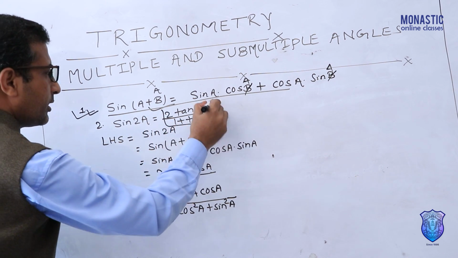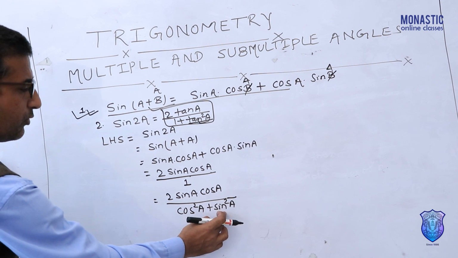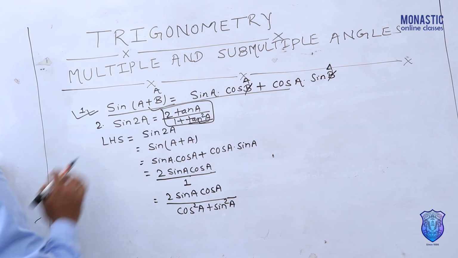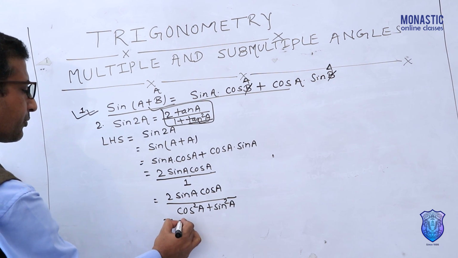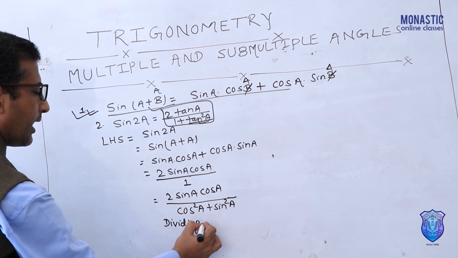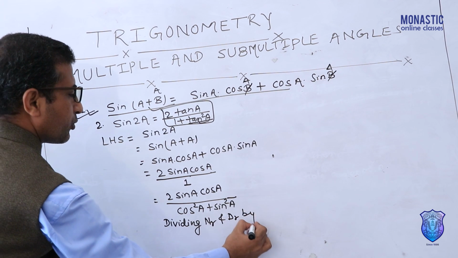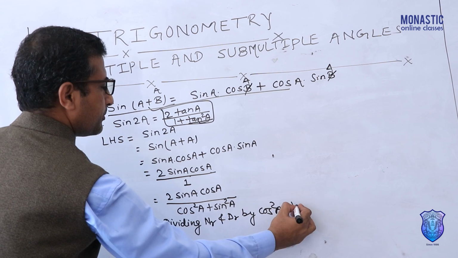We want the result in tan, and here it is tan square. If we divide by cos square A, then the denominator will get 1 plus tan square A. For this, dividing numerator and denominator by cos square A,